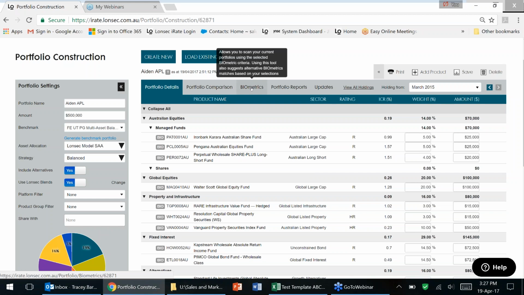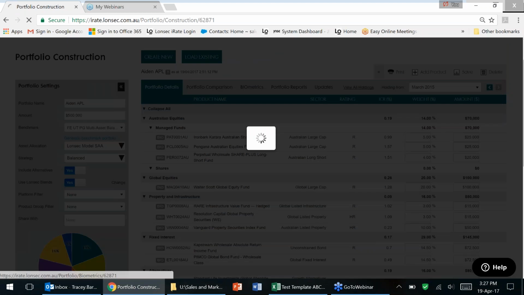If I click on here and hover on these new features, it will give you some more information. This allows you to scan your current portfolio using the selected biometric criteria. When you use this tool, it will also give you suggestions for alternative biometrics, matches based on your selections. So if we just click in here,